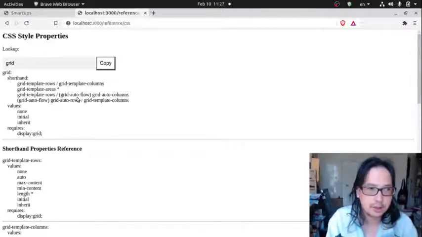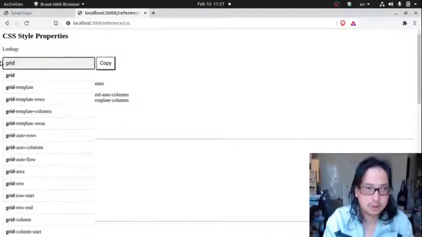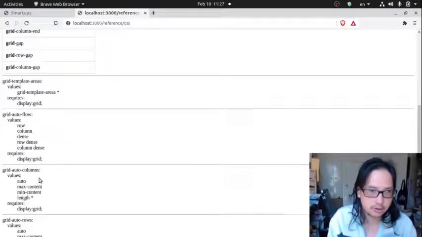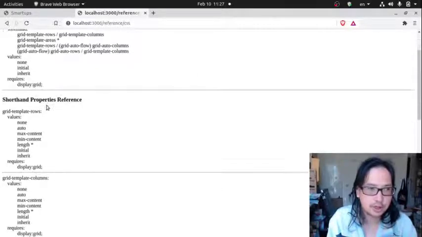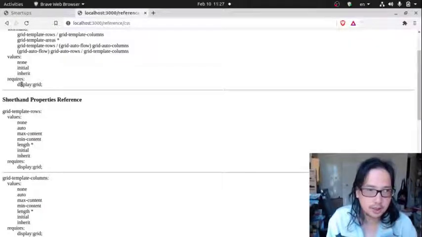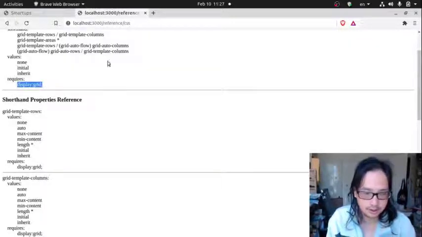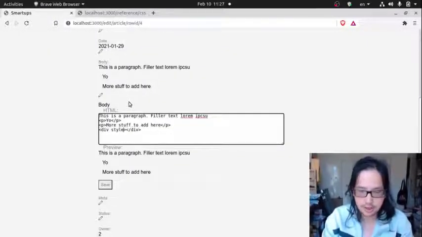So if I just search for grid, it's just a lookup table. It's got all the matches here, and then I want to look at the grid. Let's use grid template areas, which is for this. Now notice that I need to use display grid. So you add CSS in the style property. So display grid,